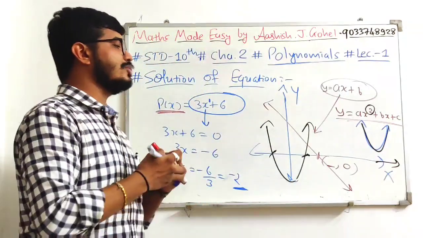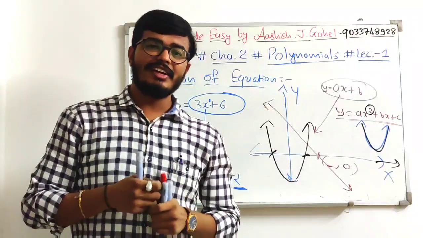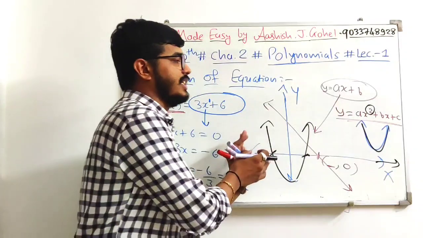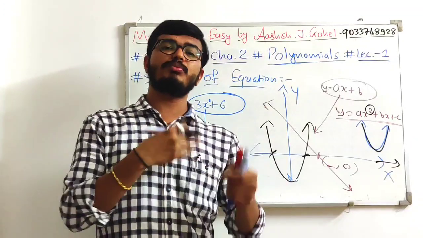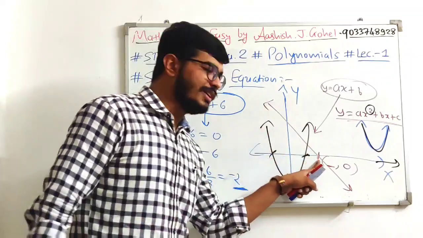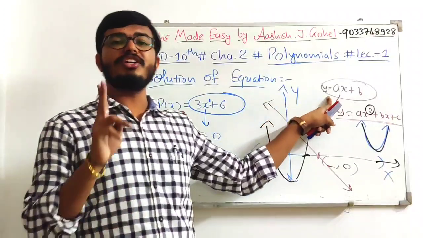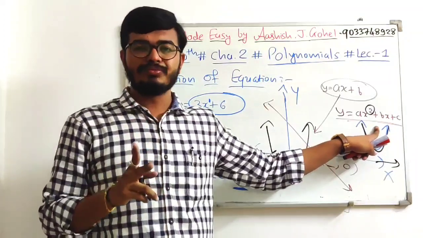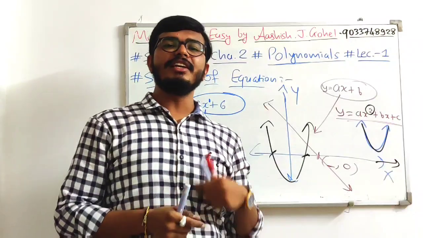Now if I ask you in how many points a cubic equation will intersect the x-axis, the answer will be 3. So from the graph you can identify the degree of the polynomial, and from the degree you can identify the type of the polynomial. If the intersection point is 1, then the degree is 1, and that kind of equation is a linear equation. If the intersection points are 2, it is a quadratic equation having degree 2. If the intersection points are 3, it is a cubic equation having degree 3.